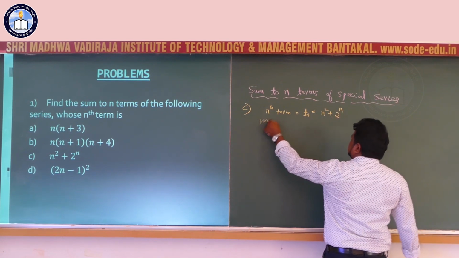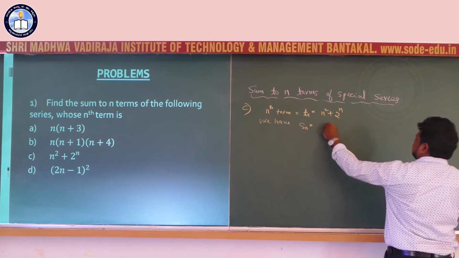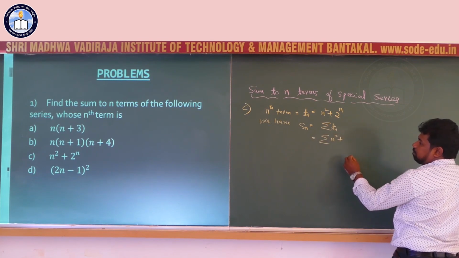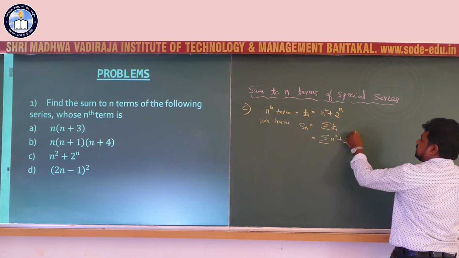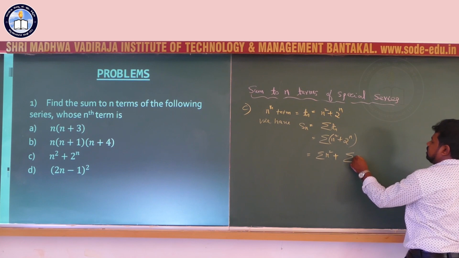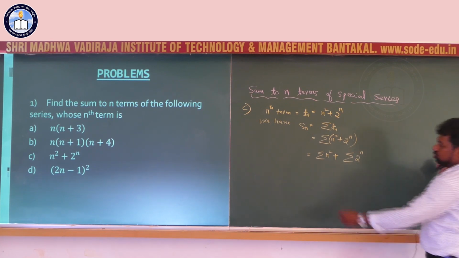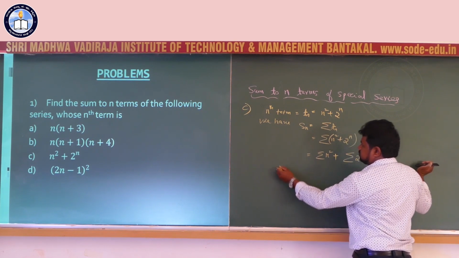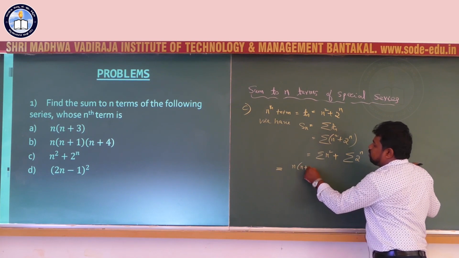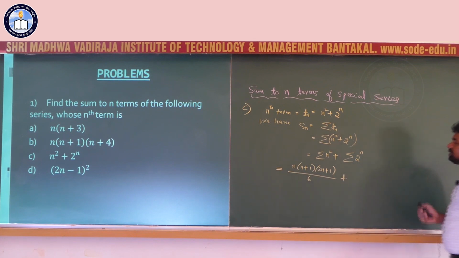We have Sn, the sum to first n terms, equal to summation Tn, that is equal to summation n square plus 2 power n, that is equal to summation n square plus summation 2 power n, that is equal to summation n square, n into n plus 1 into 2n plus 1 by 6 plus